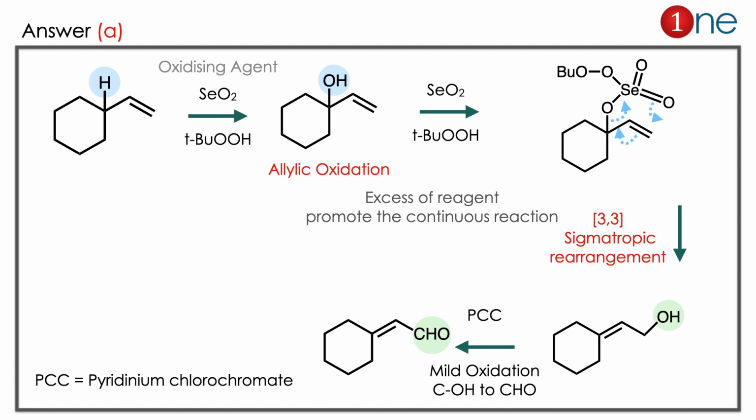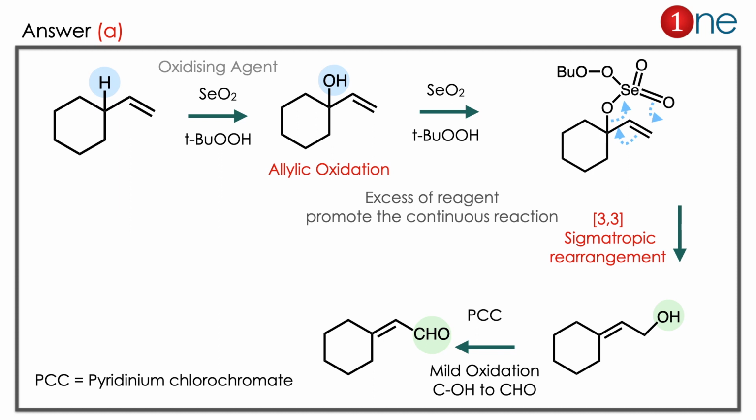Next step, again the selenium dioxide is available. So what really happened is it forms a special state with that oxygen. So again the 3,3 sigmatropic rearrangement will happen. Here we are discussing the possibility and the availability of the product. So here selenium dioxide is available, it's in excess, so it can attack the OH again. So selenium dioxide attacks and the valency is compensated by peroxide there. Then you have the 3,3 sigmatropic rearrangement, the bond moves, and you have an alcohol there. So the alcohol will be formed there.